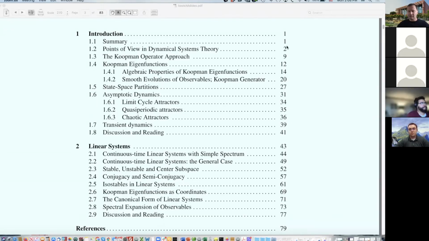Okay, so we're about here. We started talking about smooth evolution of observables and the Koopman generator. And today we're going to continue on this topic, and then we are going to venture into understanding the concept